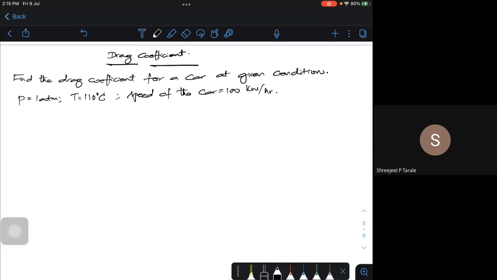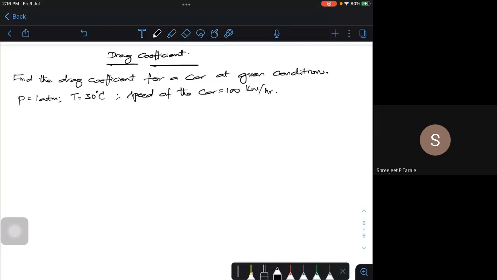I'm just trying to give some values. Degree Fahrenheit, let it be atmospheric. So reasonably, it will be very high. Let me take around 25 or 30 degrees. That will be ideal for 100 kilometers per hour. So let me take 30 degrees Celsius. It should be ideal. Okay, fine. So these are the conditions I am trying to set.